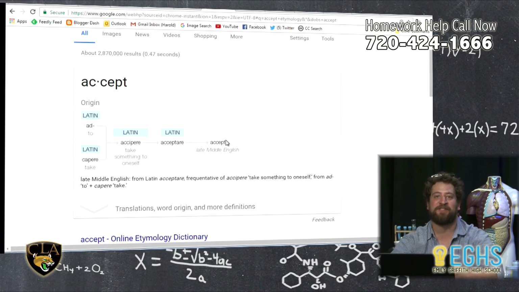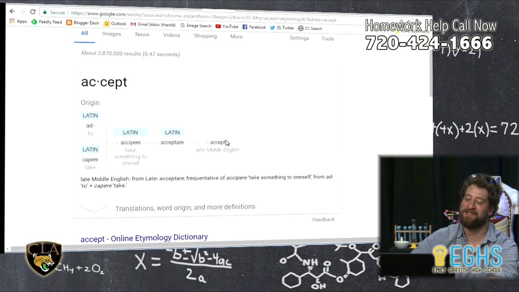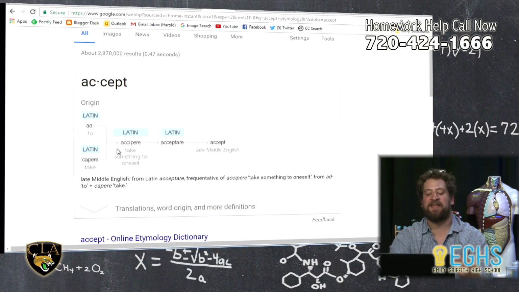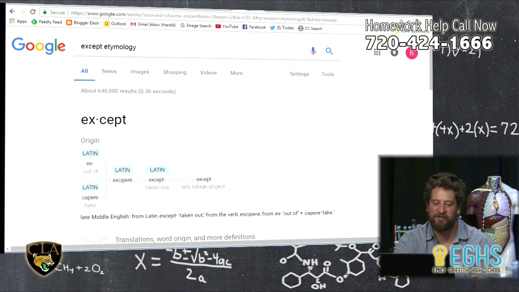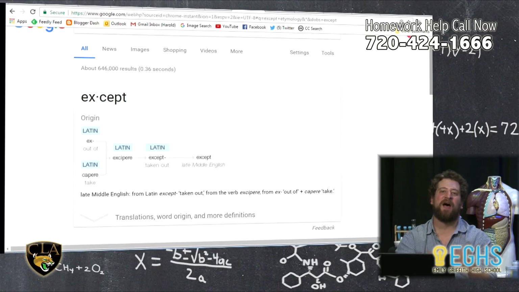And again, earlier we saw on that chart that accept has been in significant usage since the 1800s. So again, what accept really means comes from the idea of to take something, like an object, or to take a belief onto yourself. Okay, and then if we look at except, you'll notice that it has the same core root, capere, but